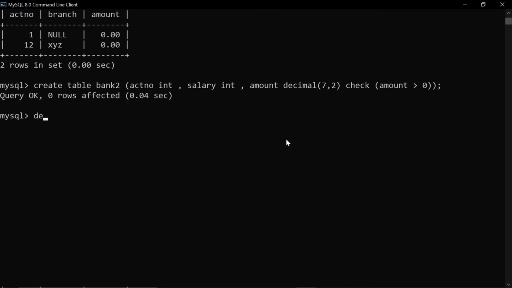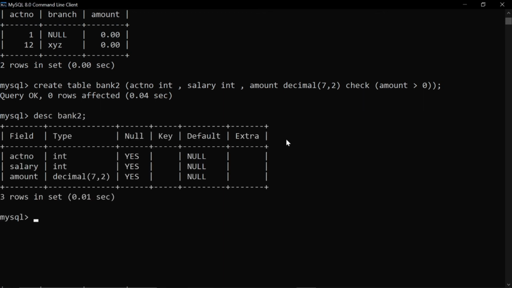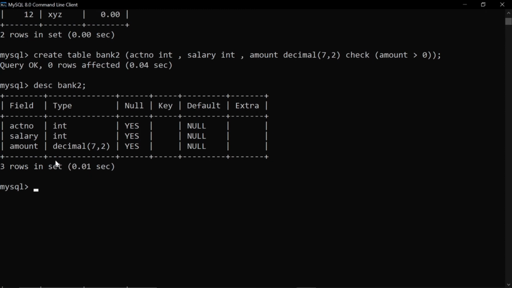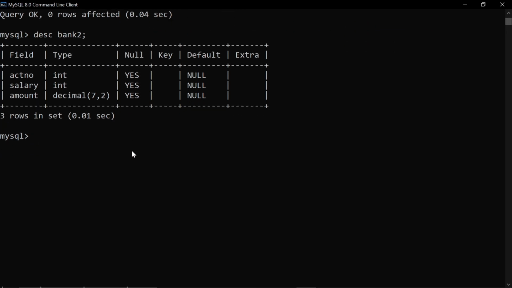So now if I describe this table, here you can see that they have not mentioned that we have used the check constraint, but it has been used. So how to check it? So here I am inserting my data.